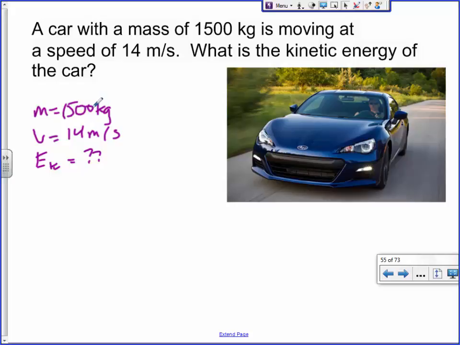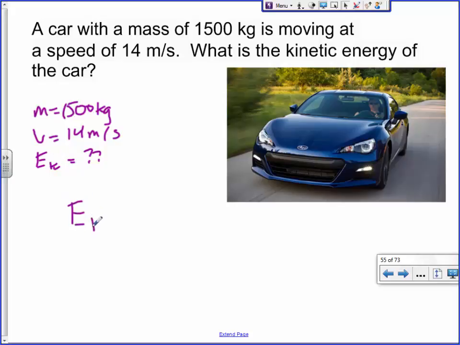Does mass have a direction? No, there's no way mass could ever have a direction. It's a scalar. Could a velocity have a direction? Yeah, I said speed here, but if I gave you a direction to it, we could attach one. Yeah, you could. But energy is going to be vectorless. Okay, we don't count that. And here's the reason why.